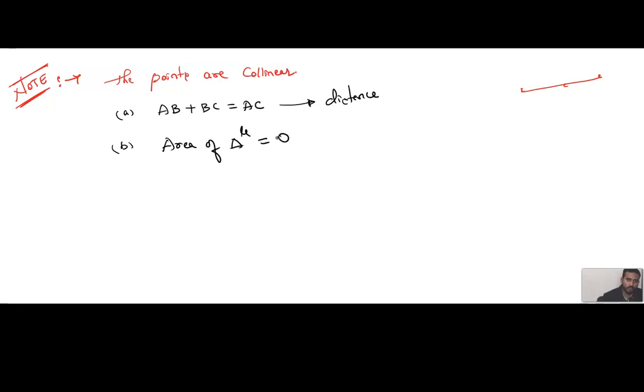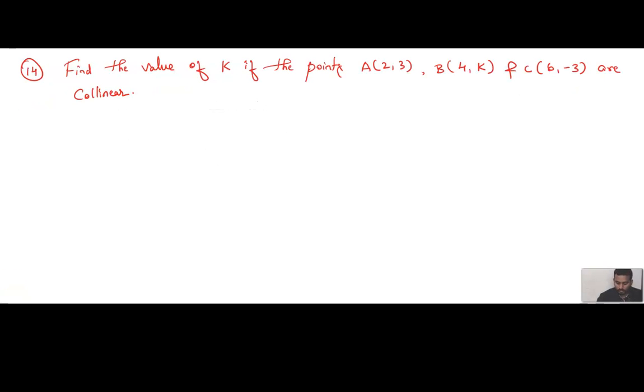Now let me solve the problem. Say children, the next problem is to find the value of k. He is asking us to find an unknown value, that is k. If the points A(2, 3), B(4, k) and C(6, -3) are collinear. He has given that the points are collinear already. That's nothing but we can say that